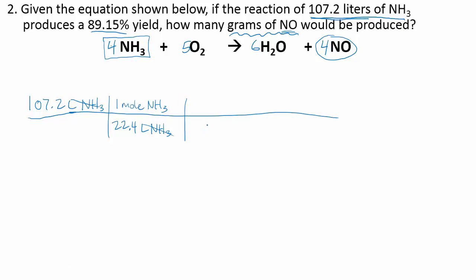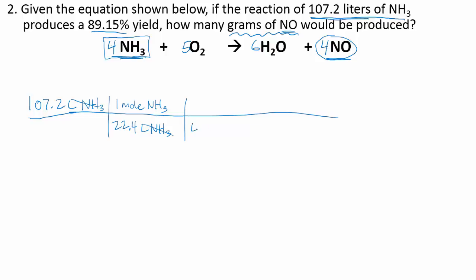And now our next step is the mole-mole ratio, that critical step in stoichiometry that links two substances to each other. Well, we know that in this example, 4 moles of ammonia will give me 4 moles of NO. So this is a 4-to-4 ratio. We're trying to get to NO, so that one's going to be on the top. But the other way, and probably the more consistent way to think about what goes where, is to remember that those units that you have should come down so that they cancel out on the next